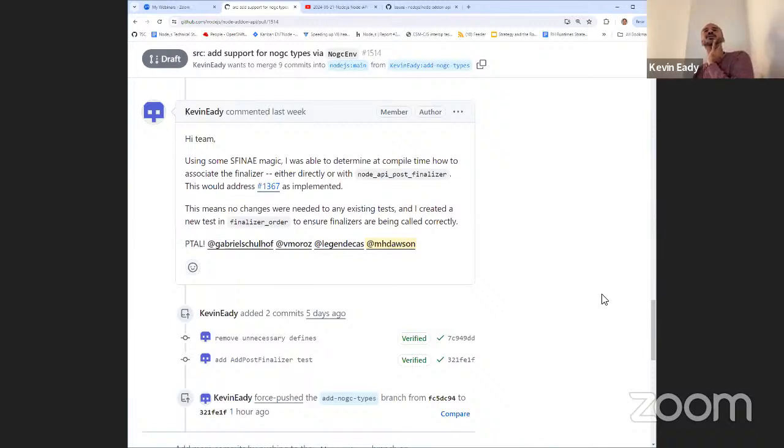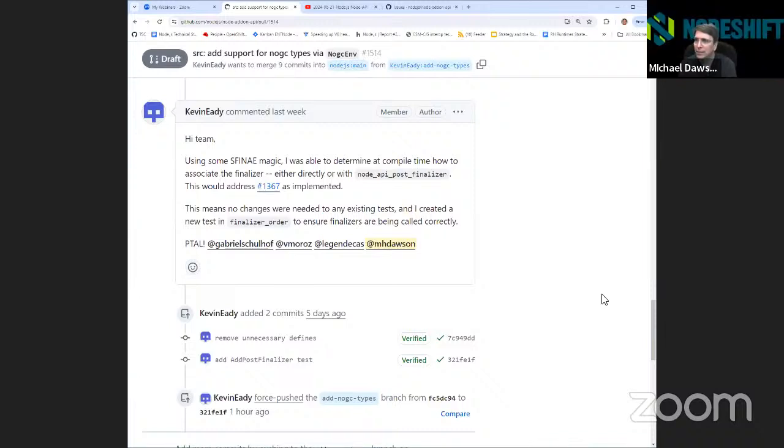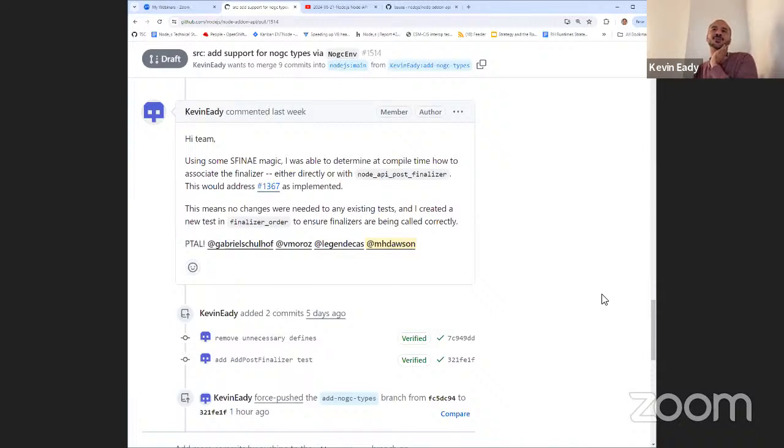So going back to Michael, what you said about having it be opt-in to use the feature, I could see it such that if you have experimental on and you are opting in to require your finalizers to be no GC, that could be an option so that it forces you to go through your code and see if you can simply change your parameter to no GC, or if you have to move it out to explicitly use a post finalizer.